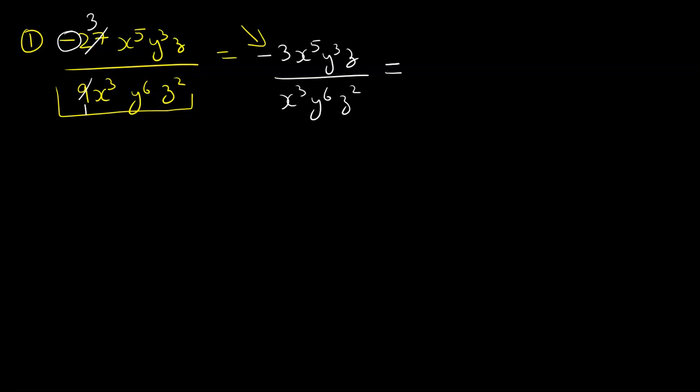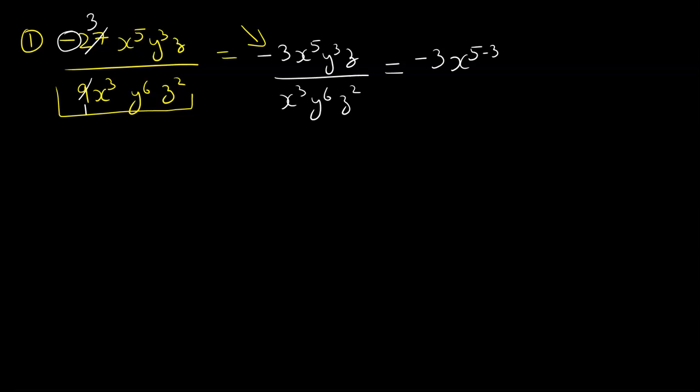Okay, so for this one, we cannot do anything about the negative 3 because it's already simplified. Now we will look at x. X is bigger in the numerator. X has the power of 5 and the denominator has the power of 3. So the subtraction will happen where the power is bigger, which is the numerator. We get x to the power of 5 minus 3, and then